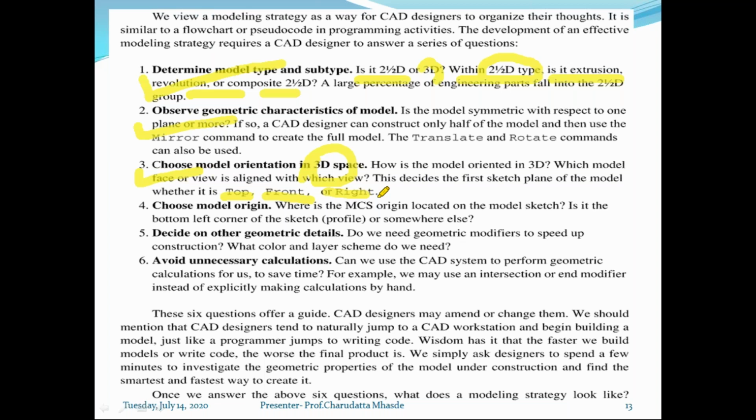And once that default orientation comes, whether the model that is created on the page is actually seen on the screen or not is checked by the examiner. Why is it looking for a model orientation? If the model orientation is correct, it means you have chosen the correct plane. So there is no issue, you can choose top plane, front plane, or right plane.